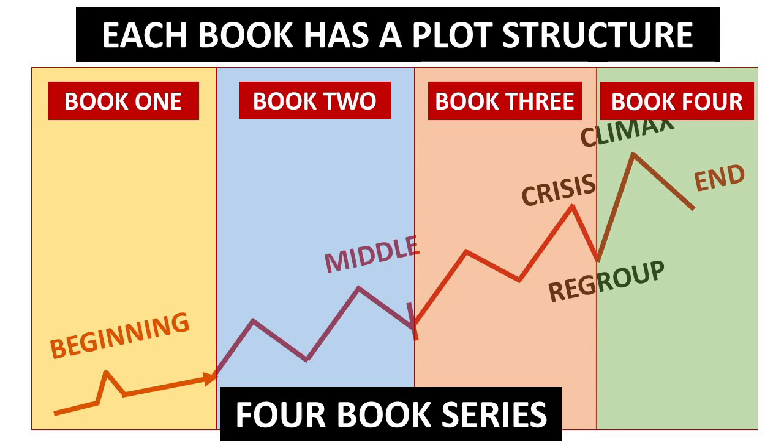This is an example of a 4-book series. If you're doing more books, you just make these little boxes shorter. So book 1 would be the beginning, book 2 is to the 50% point, book 3 is from 50% to crisis, and book 4 is like the big climax. So you can split it up any way you want, but just try and plot your books out this way before you start, and you'll be happier for it at the end, believe me.